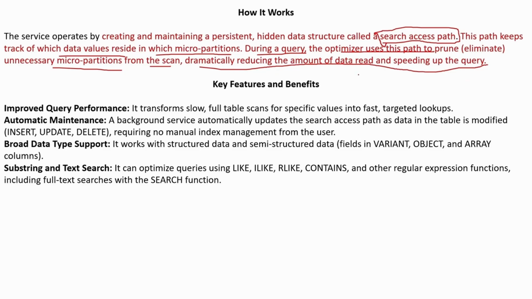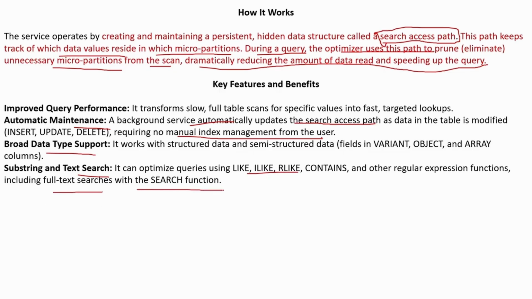Key features and benefits: improved query performance as usual. Second, automatic maintenance: a background service automatically updates the search access path, and its maintenance requires no manual index management from the user. Third is broad data type support. Fourth is substring and text search. It can optimize queries using LIKE, ILIKE, RLIKE, CONTAINS, and other regex functions, including full text searches with